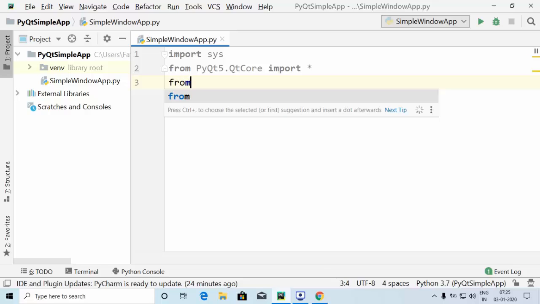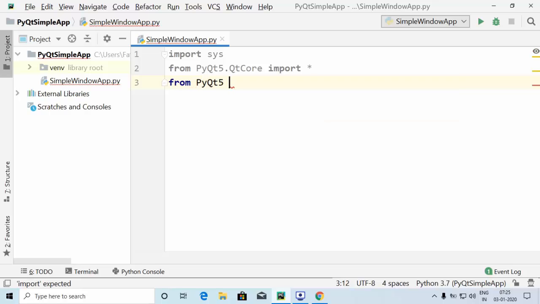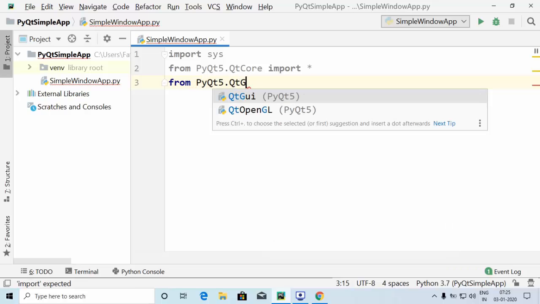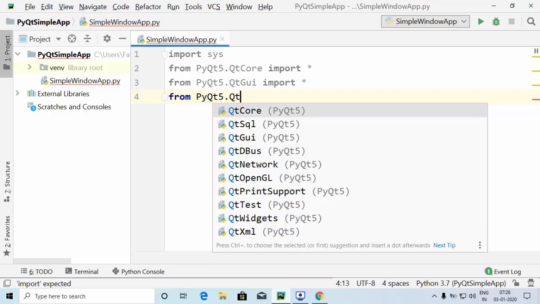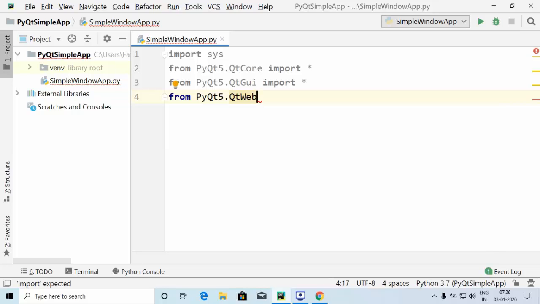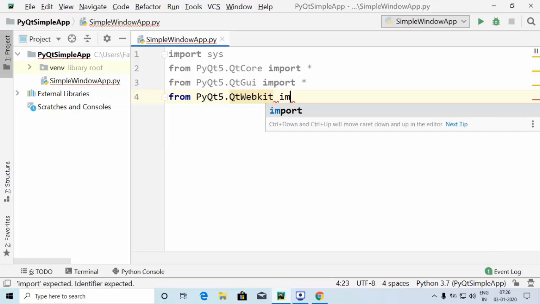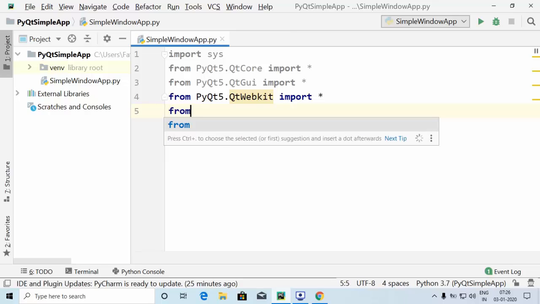After doing this, from pyqt5.qtgui we are going to import star again. Then from pyqt5.qtwebkit we are going to import star again. Here we go.